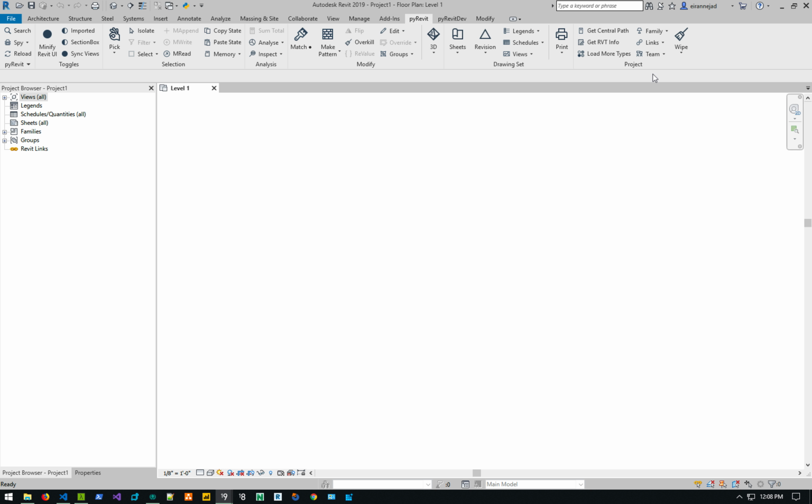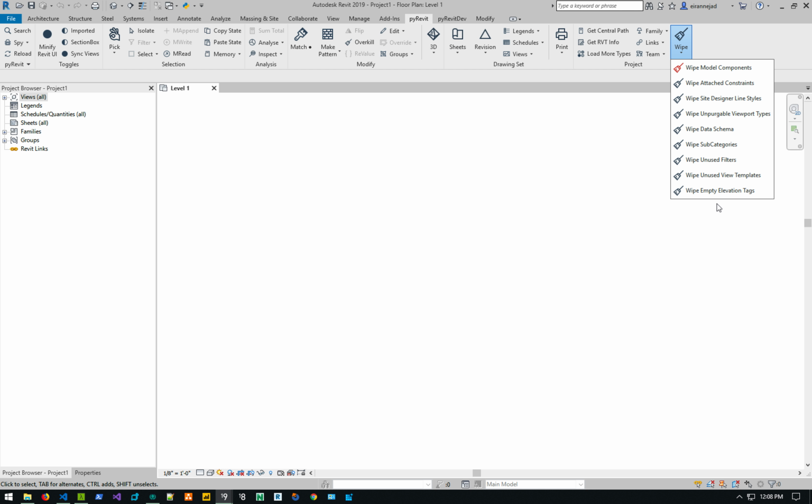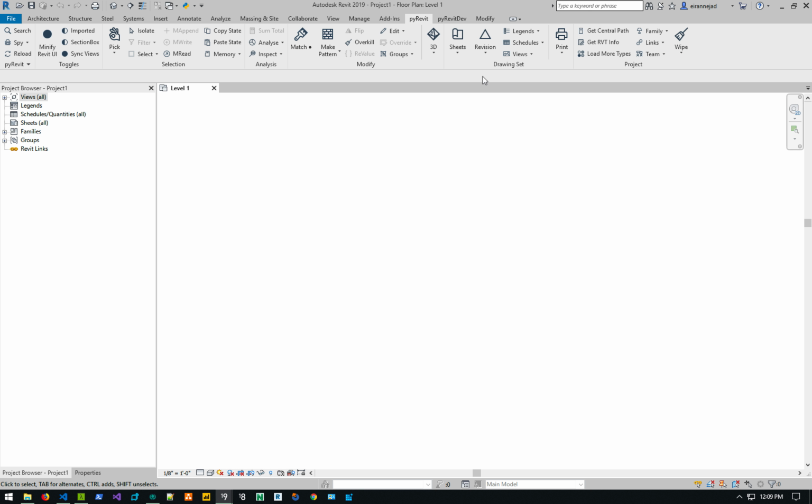I've reorganized a couple of these tools a little bit just to make them more organized. They used to have a bunch of wipe tools under the views category. I've moved them here, and they're all called wipe now instead of purge or remove or stuff like that. Sort of like more consistent naming. I moved the get center pass and the load more types here in the project because they seem to be